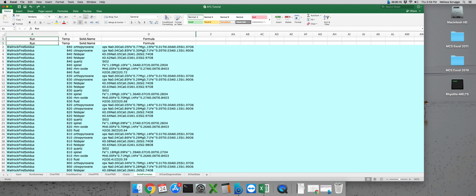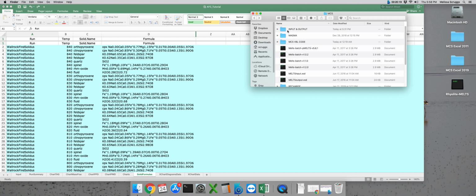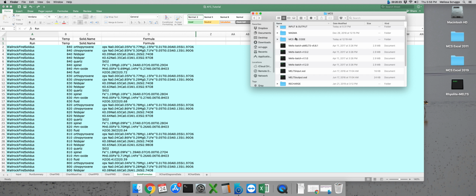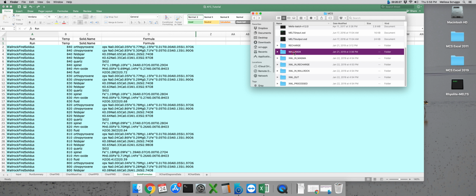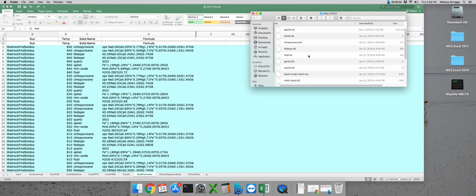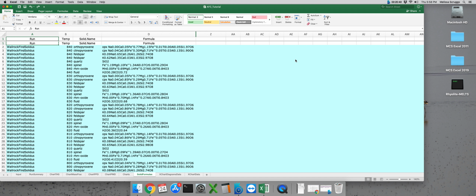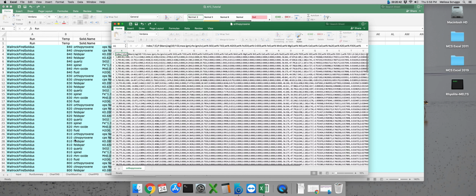So if you want to get to that in the MCS folder, you can go back. Here we have a folder labeled Magma, a folder labeled Recharge, and a folder labeled Wall Rock. So the melts output files for each of these systems are found here in these folders. If you wanted to know the composition of the orthopyroxene in the wall rock, we could open up the orthopyroxene.tbl file,